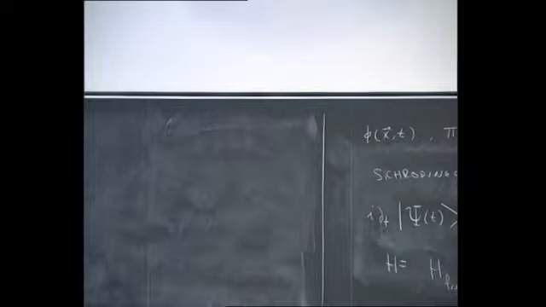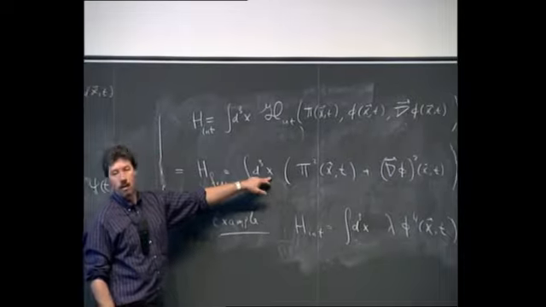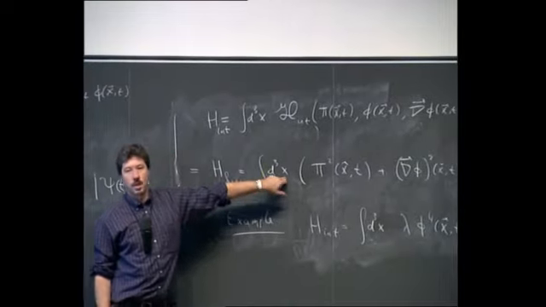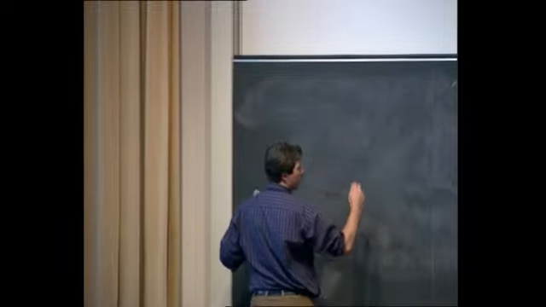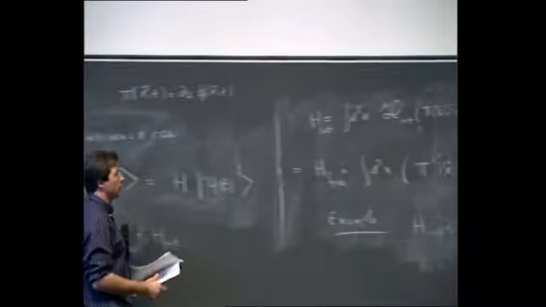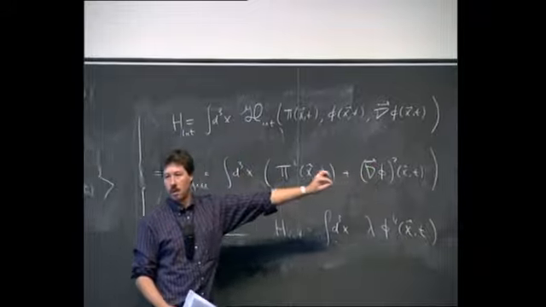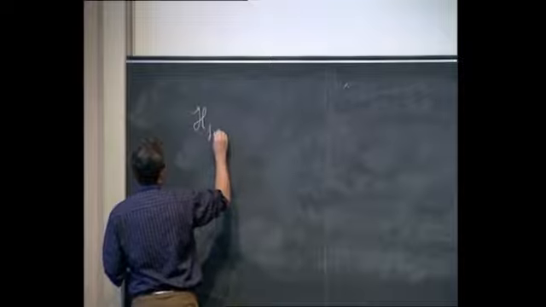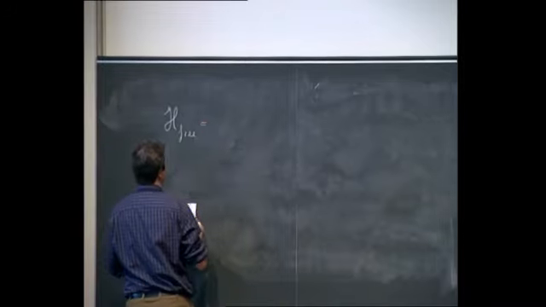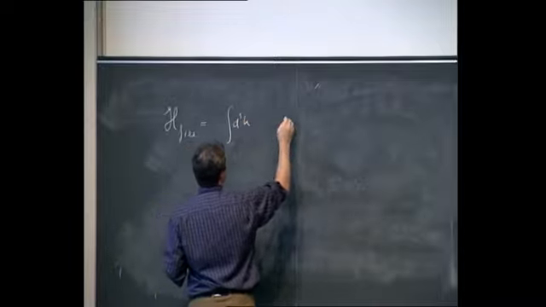Writing down the expansions which I had in creation and annihilation operators, then you find actually that the integral will tell you that it must be an expression where the total momentum, first of all, is equal to 0, and then you get a quadratic expression also in the creation and annihilation operators, because each of the fields were linear in the creation and annihilation operators. So the free Hamiltonian is actually an integral over k of